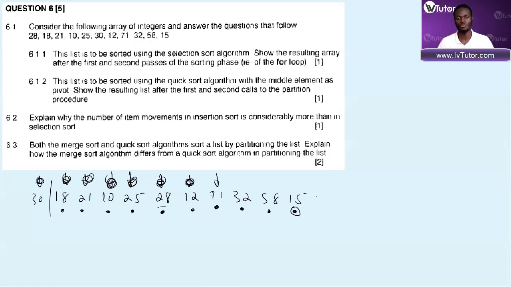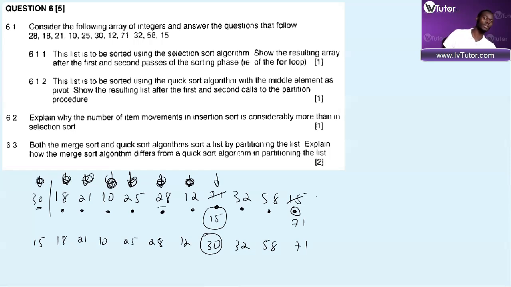So you're here, you swap with 15, which means 15 goes here, 71 goes there. Then eventually you swap your small index with your pivot, which means you're going to end up with 15 here, then 18, 21, 10, 25, 28, 12, 30, 32, 58, 71. You highlight your pivot. And as you can see, all numbers on the left are less than the pivot, and all numbers on the right are greater than the pivot. Then you repeat again for your subarray, which is the second call